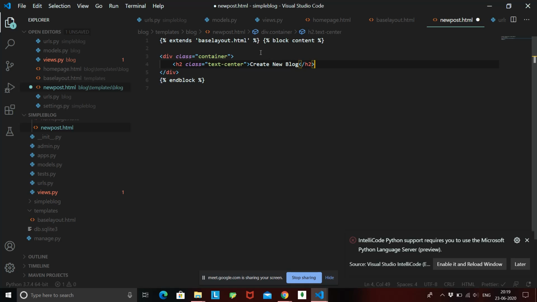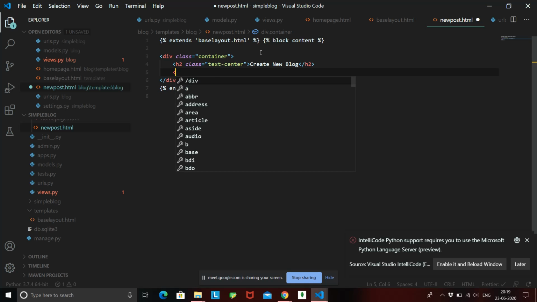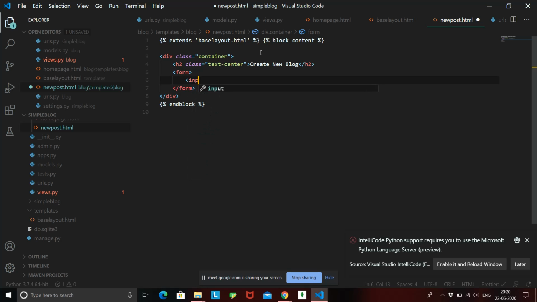Okay, and we have our header ready, and now we can create a form, and inside the form we need to give the text fields, right? We need to give the fields for what we want from the user. So first of all, we need an input of type text, having a placeholder. Placeholder is basically the text you want to display inside your field. So we'll just say title here, and then we need to give a name to this field. So we'll give the name as title.